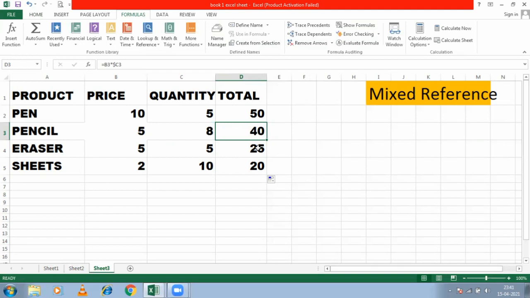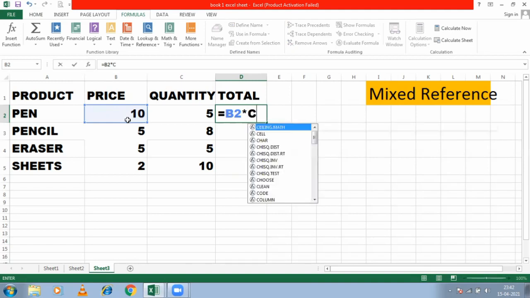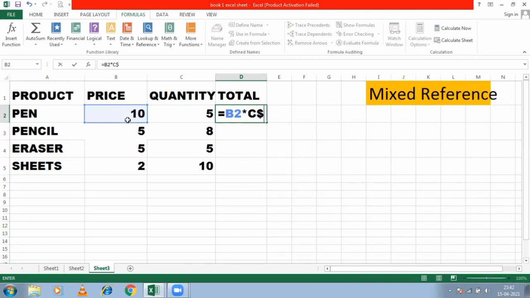Another way. Let's understand in another way. So now I will fix the row. Now let's see what will happen. Multiplication, I'm fixing the row, that is C$2. So the dollar sign is being used to fix.